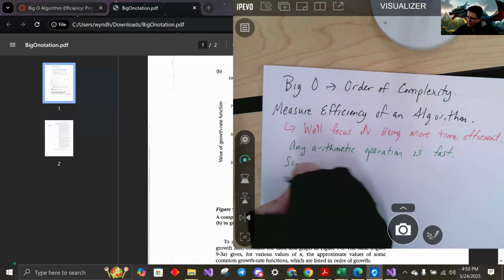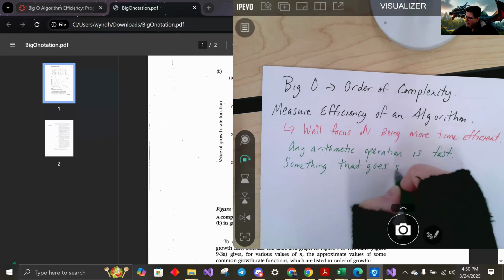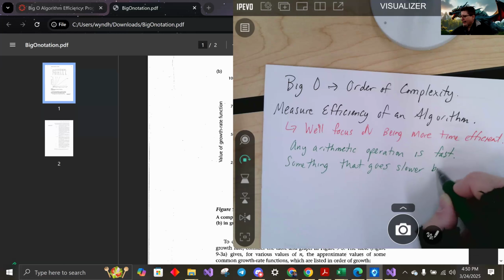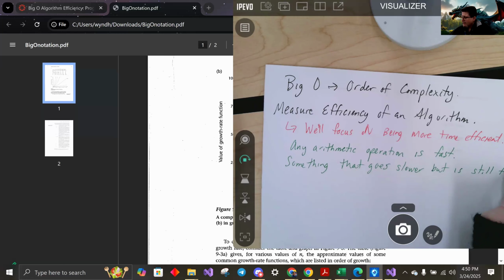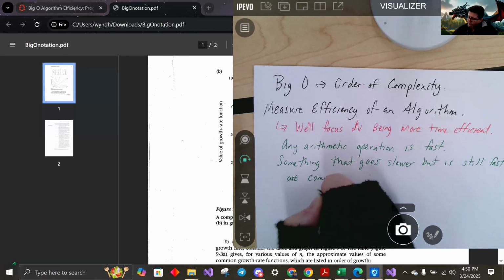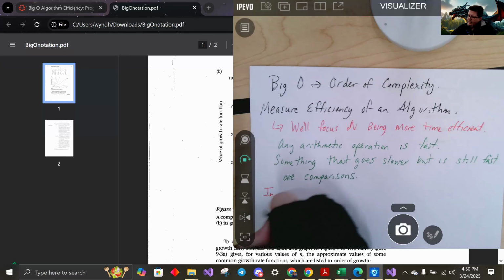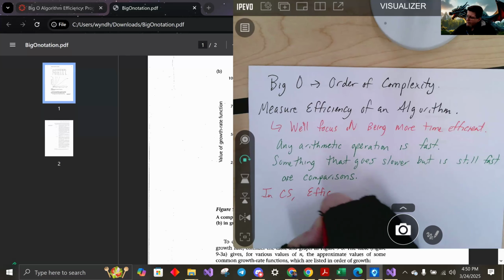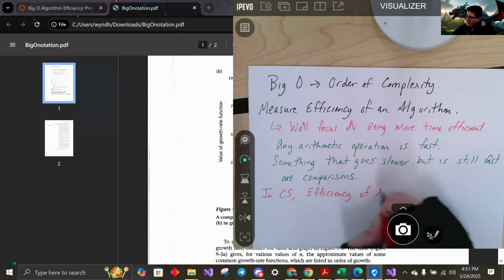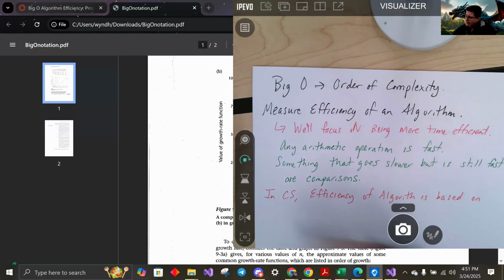Something that goes a little slower but is still fast are comparisons. So the way we measure the efficiency of an algorithm in computer science is based on how many comparisons need to be made